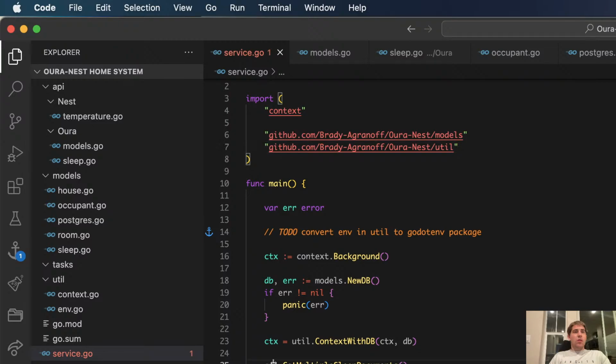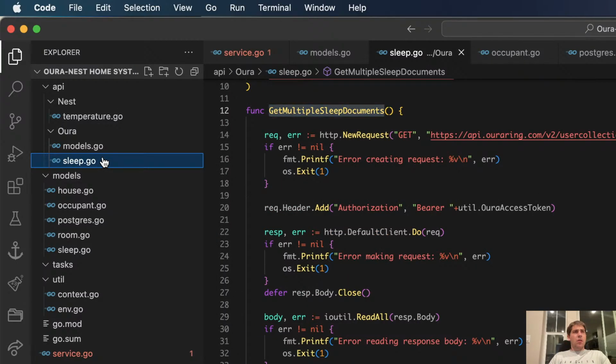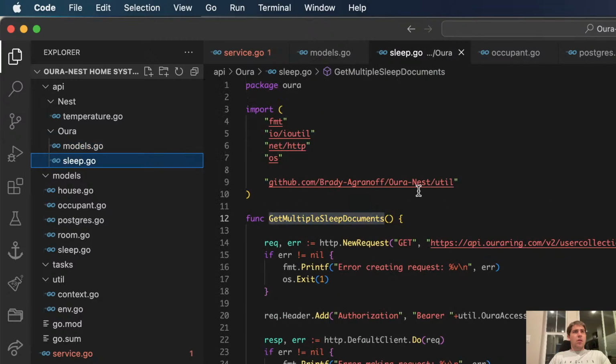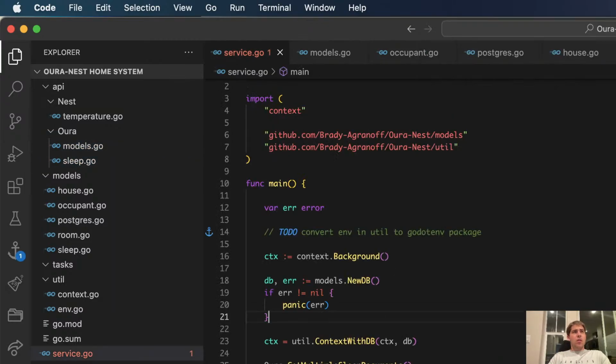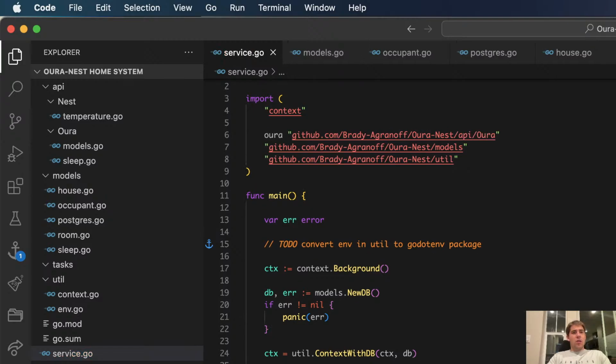Oh, that's pretty. Jesus, that's super ugly.